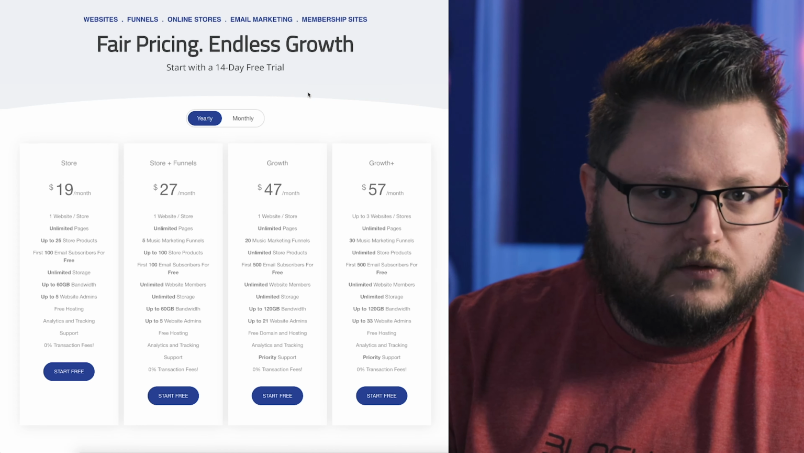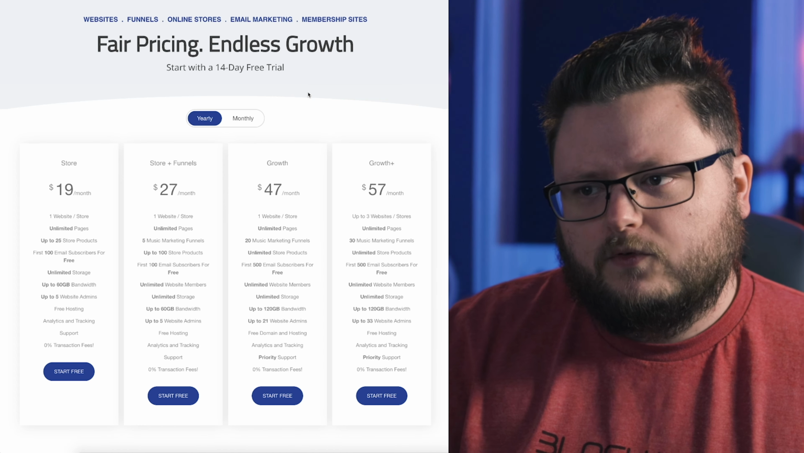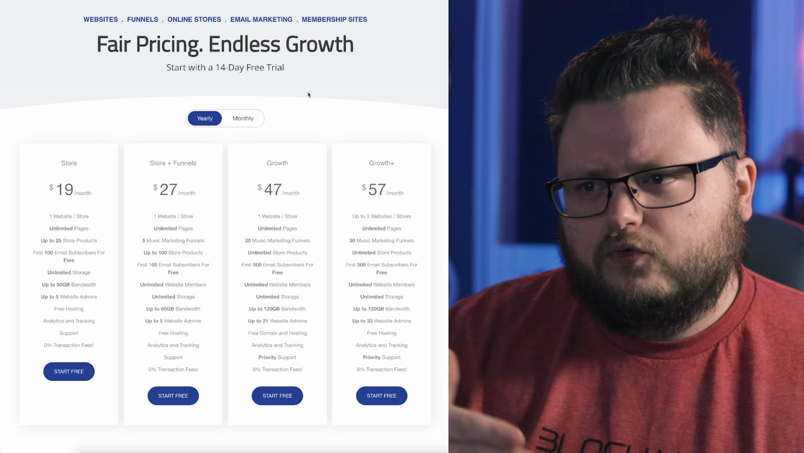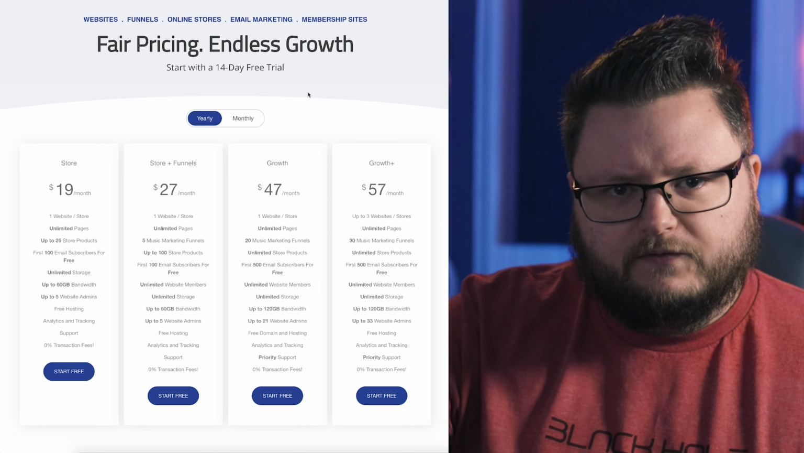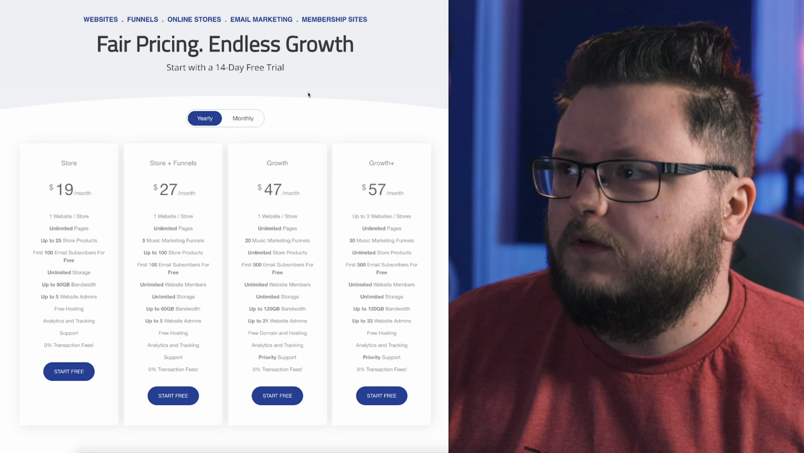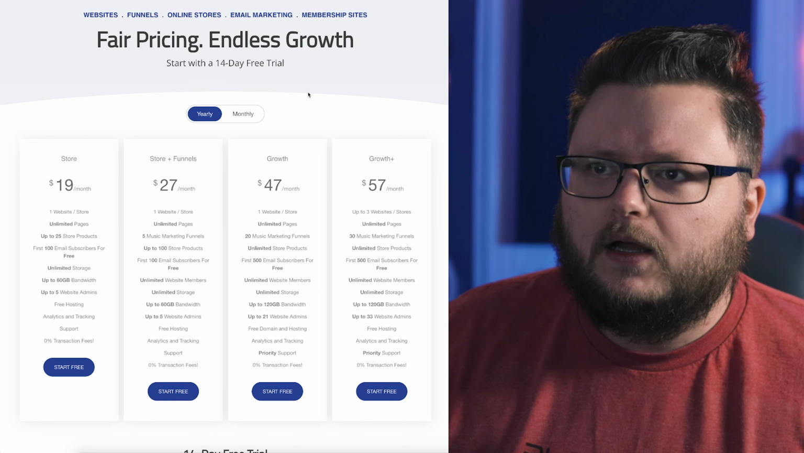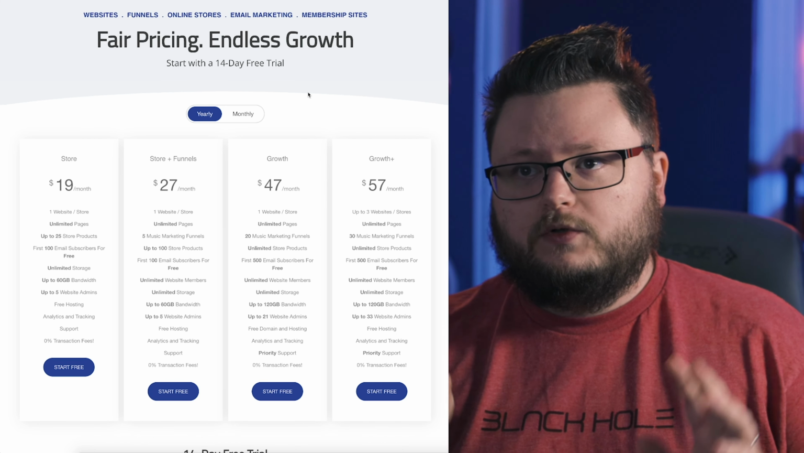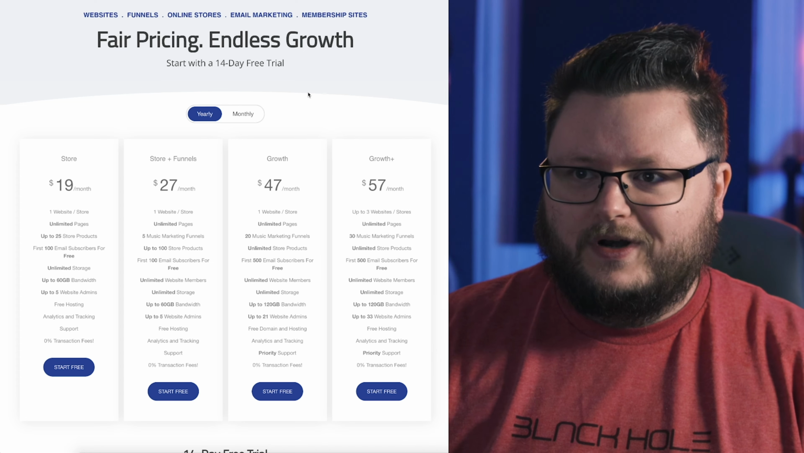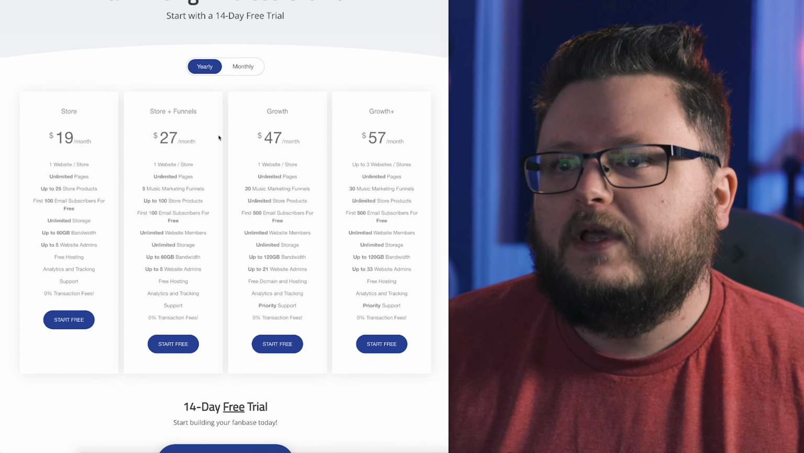You can upgrade, downgrade and cancel whenever you want. If you upgrade, I think you get prorated for the difference, so the math works out in terms of what you should pay. But yeah, total control is up to you. 14-day trial, upgrade, downgrade, cancel whenever you want. Check it out. So we have 4 main